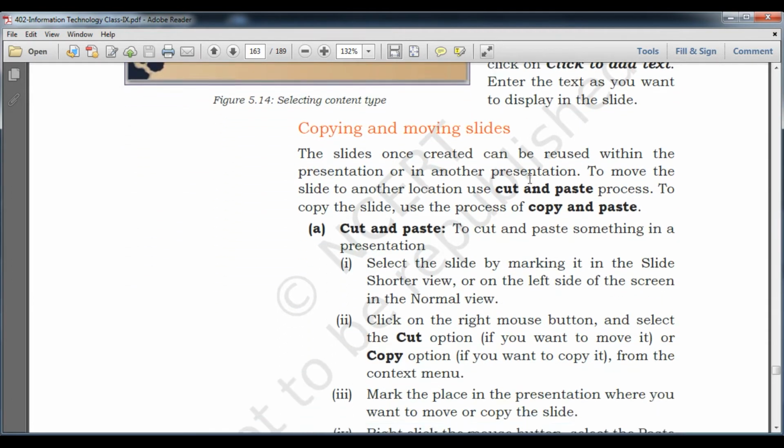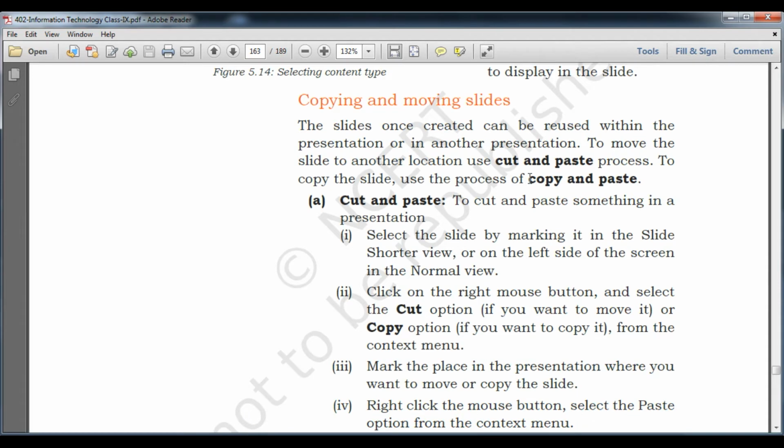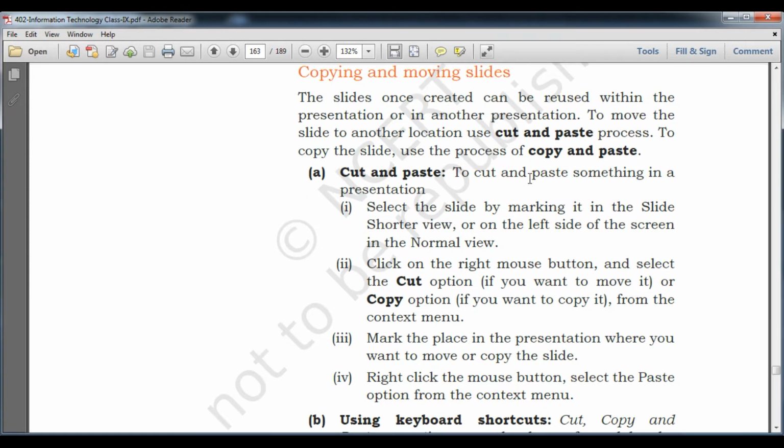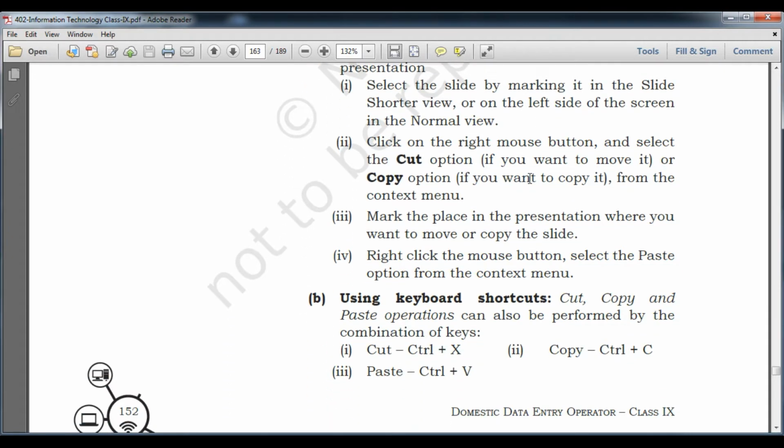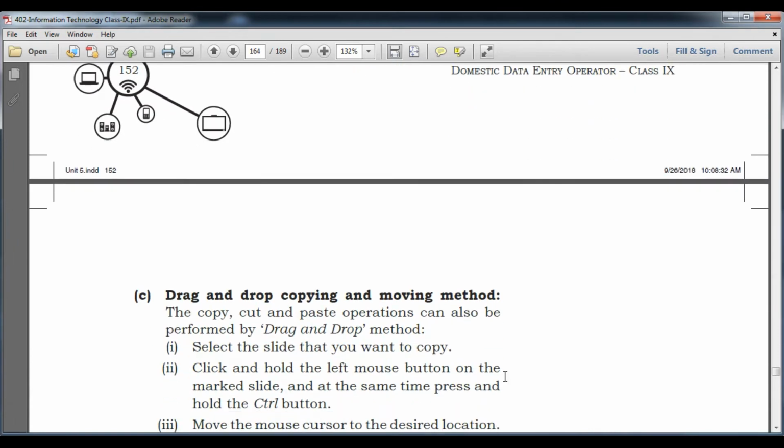Now, copying and moving a slide. Simply, as we know how to copy content, we press Ctrl C for copy and Ctrl V for paste, or Ctrl X for cut and Ctrl V for paste. The same thing we will do here, students. We can select the particular slide, right click on it, choose cut or copy, it's up to you, then place the cursor in another place and right click and paste, or press Ctrl V. Here the shortcut keys are Ctrl plus X for cut, Ctrl plus C for copy, and paste for both. We will do the same thing, student.